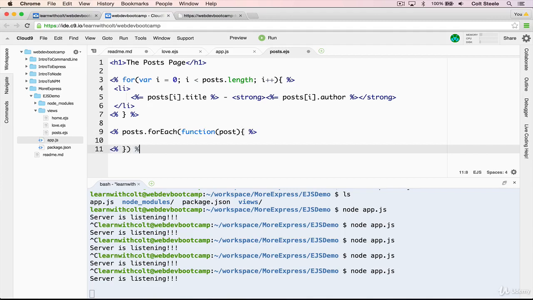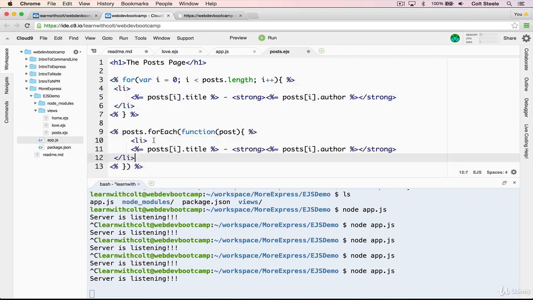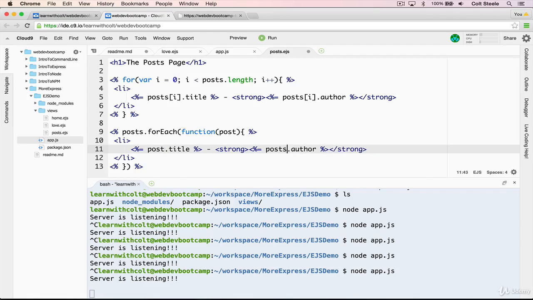It's just logic or control flow. And then I'm just going to steal this li and make an li with an equal sign for our data, because we do want that to show up for every post. But we need to change one thing. We're not using a for loop anymore. There's no i. So this just becomes post.title,